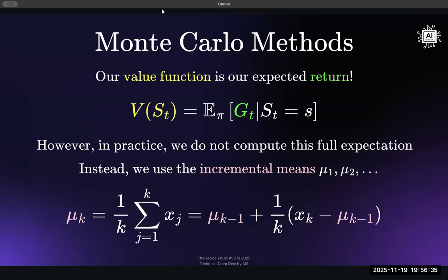But this is what's important, is a value function, of course. But in reality, we can't always compute the full expectation. We need to approximate again. And this is similar to the Monte Carlo sampling that we saw earlier. But using this, we can then derive a recursive form, a recursive form using the previous means. So in this case, mean would be just the average, which is the definition right there of the pink mu. So that's one way of computing the expectation.